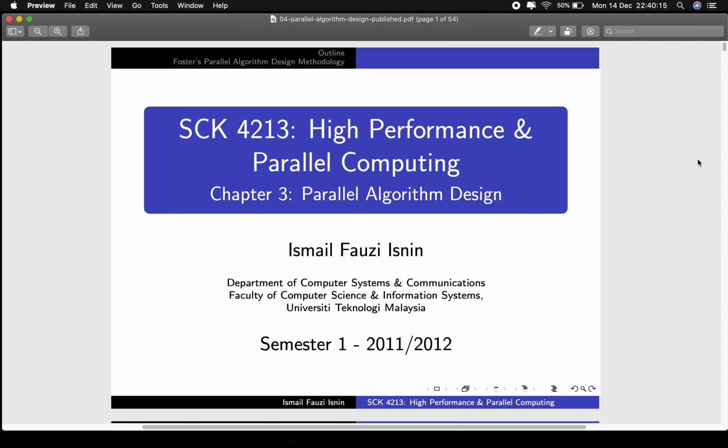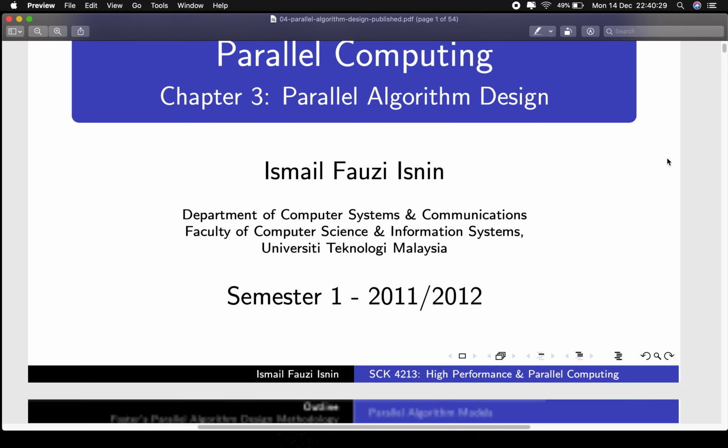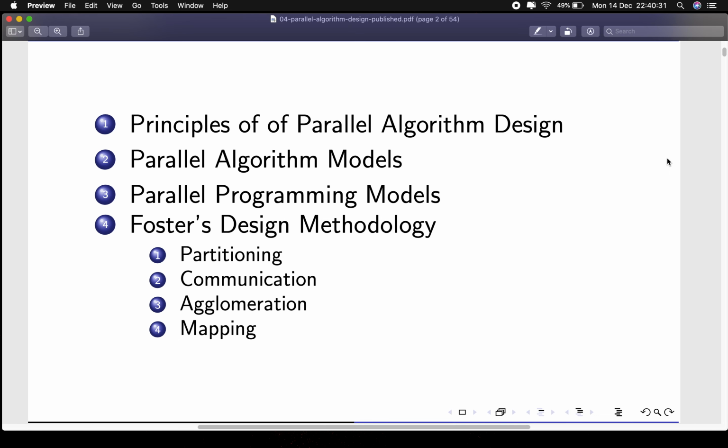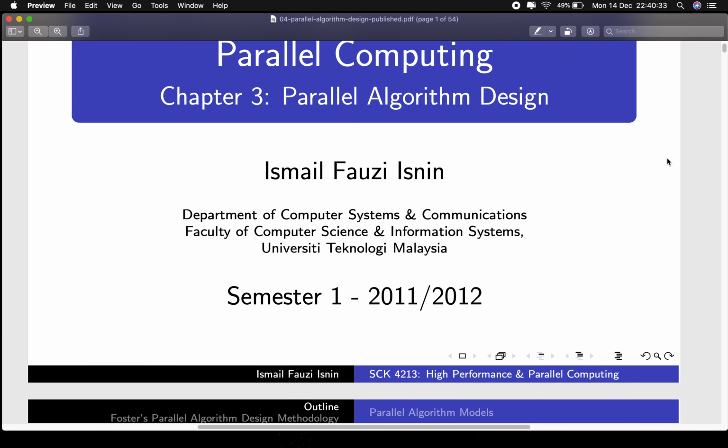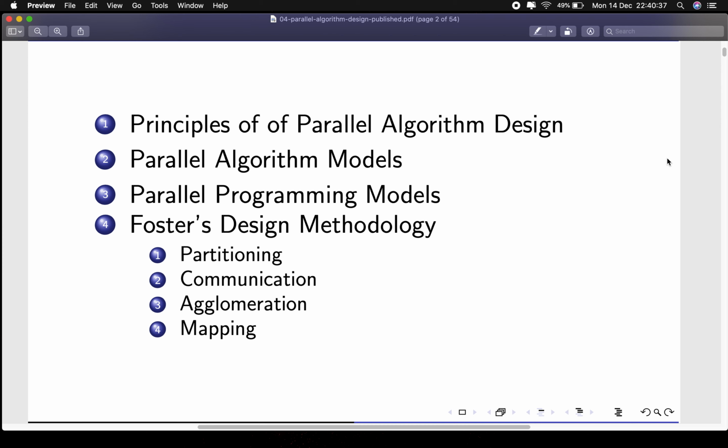This video covers all of chapter 3 under parallel algorithm design, which is high performance and parallel computing. These are the notes from Dr. Ismail, because she is the coordinator for this subject. In this chapter there is a lot of theory, so I hope you will stay tuned in this video and try to